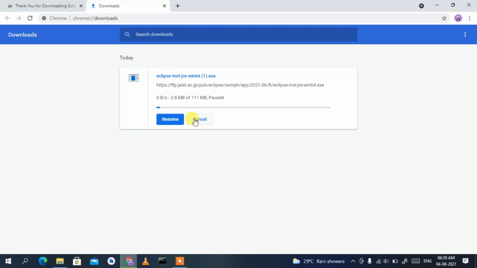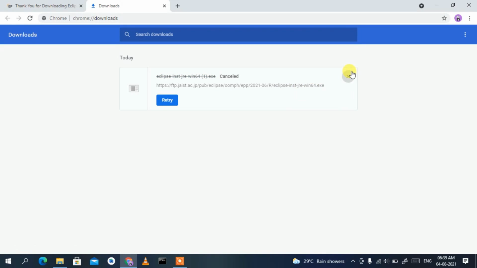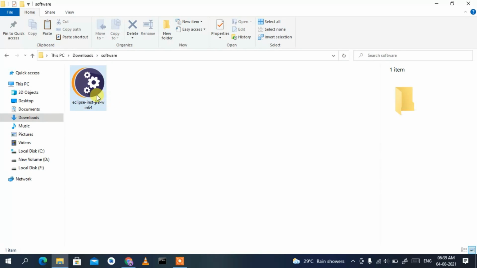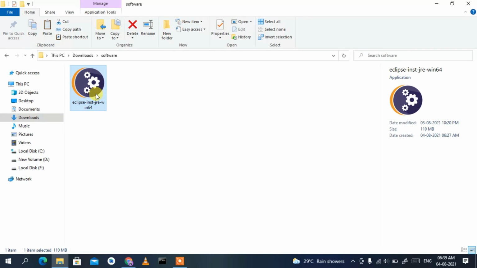Since I have already downloaded it, I just cancel it, and if I minimize my browser and go to my download directory, you can clearly see this Eclipse has been rightly downloaded over here, and the file size is 110 MB. To install, just double click on it,